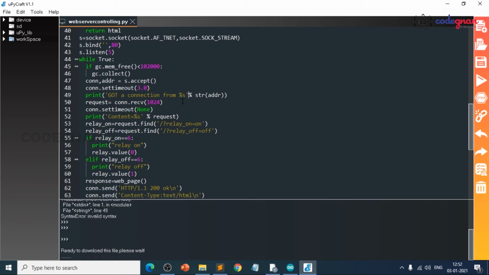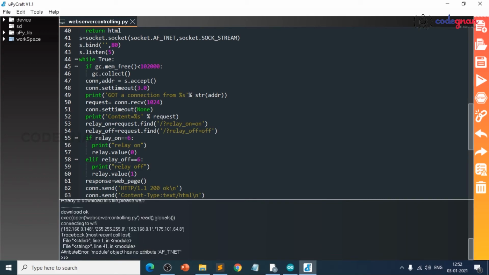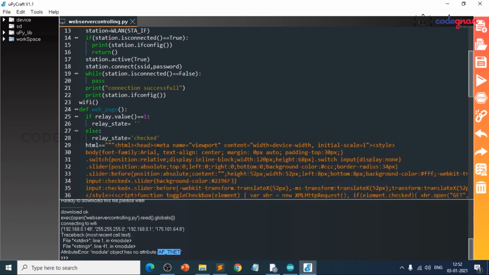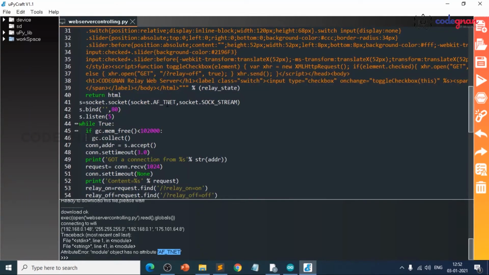It's easy to debug in MicroPython, it always shows the error here. So module has no attribute AF inet. This is not tnet, this is inet here. So Control S to save the program and run here.